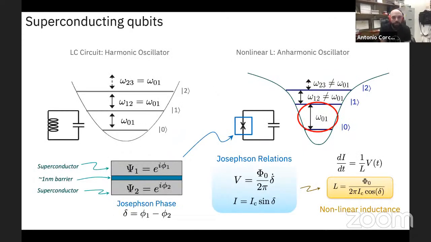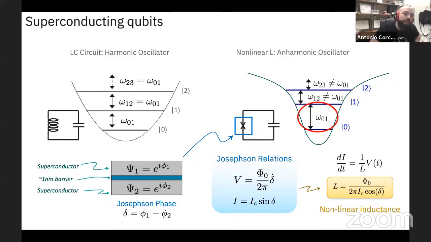I'm going to focus on superconducting qubits, obviously, which is the technology we are pursuing. For this particular talk, I won't have time to discuss other platforms. But for superconducting qubits in particular, the idea is that when you have a superconductor, you have a material that is essentially dissipationless. So if you put some energy in it, in principle, that energy will remain there forever. And you can build